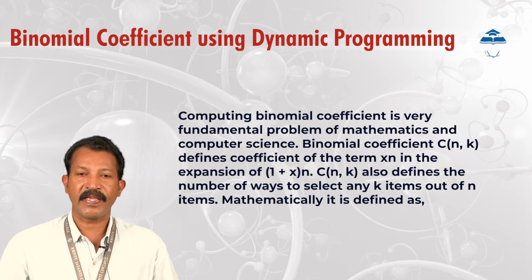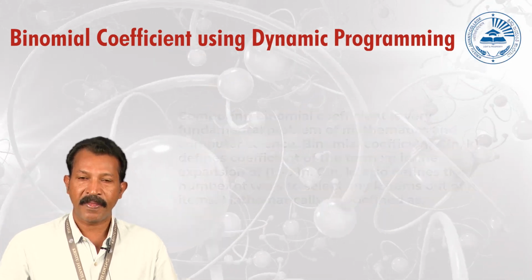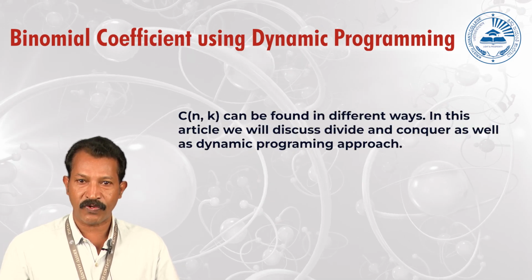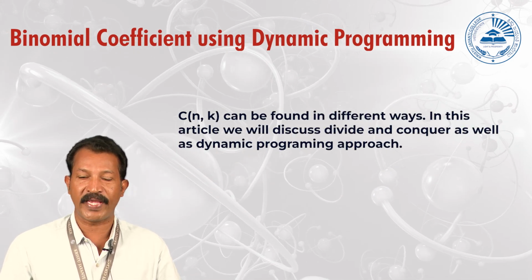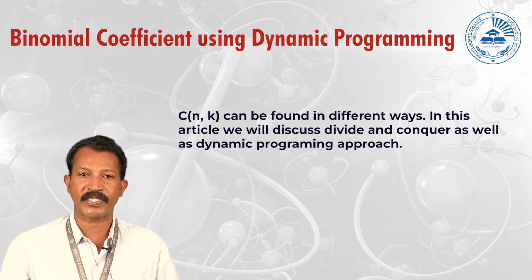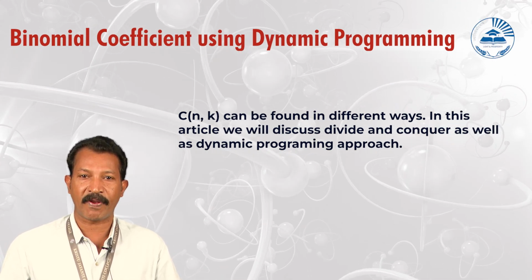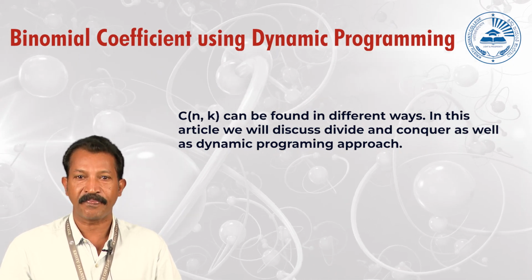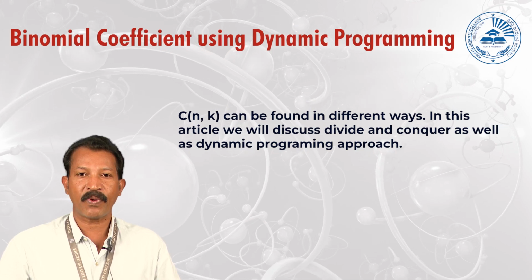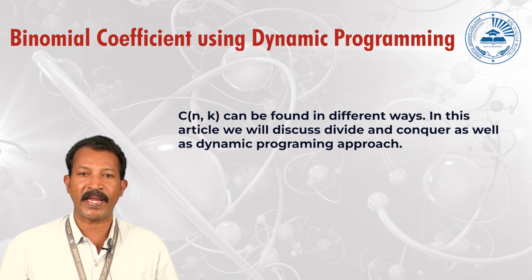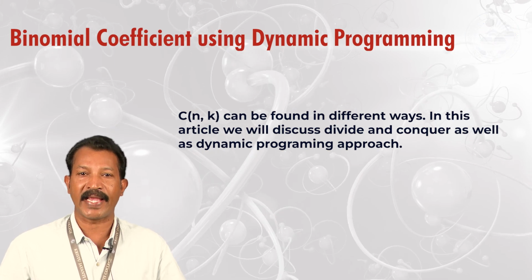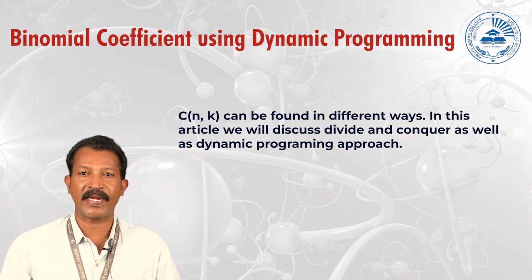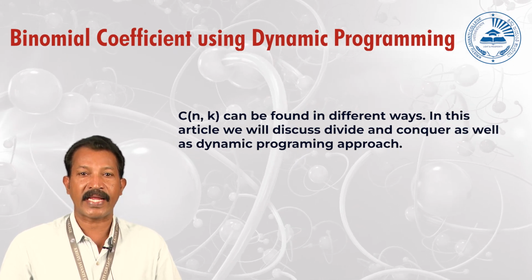Another way is, if we have n different objects, we want to select r different objects out of this n. Of course, this r should be less than or equal to n. The different ways of selecting r different objects from n objects, that's again the binomial coefficient nCr. Another one is the number of r-element subsets that can be made out of a set of n elements,